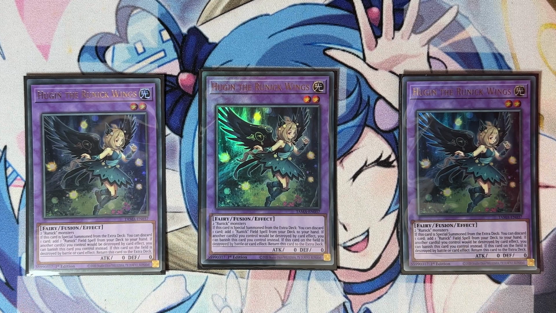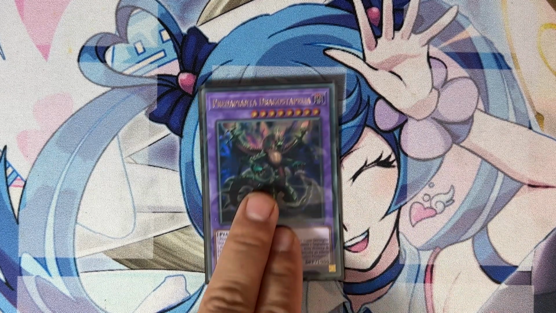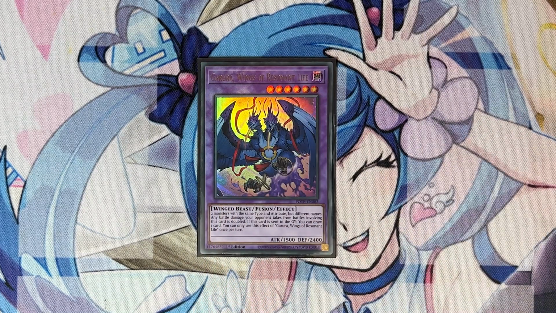You're not going to be able to do much to establish board, so playing Super Poly in your side deck for going second is going to make your going second games a lot smoother. So we play 1 copy of Starving Venom, of course it's very generic, 1 copy of Dragostapelia because we have Tearlaments in the format, 1 copy of Garura, that's the new card that Konami made so that Super Poly would